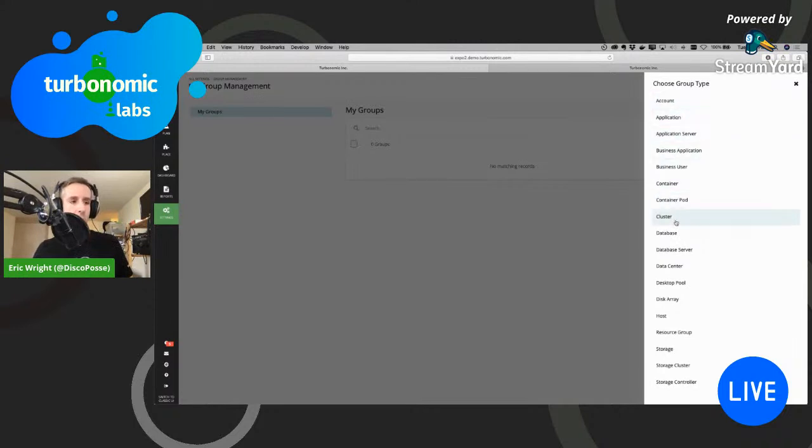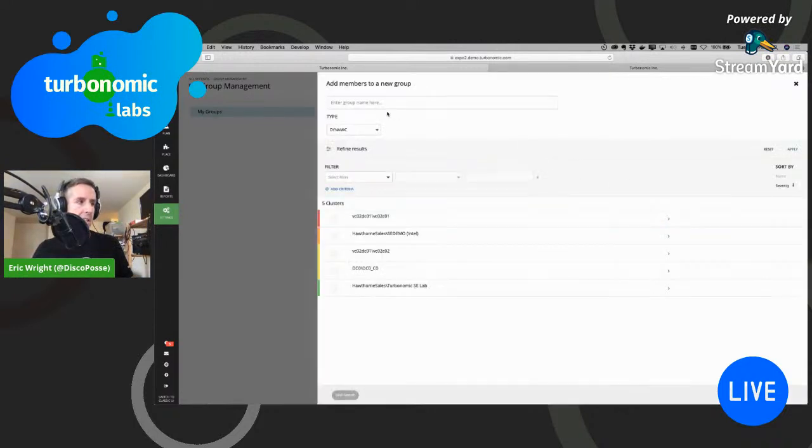So you go through and say what kind of group type. I'm going to say cluster, and I'm going to call it all clusters. You can have it be dynamic, based on names. That means that if a new cluster comes online, it will automatically be added if it meets the criteria. I'm going to be super cheap and just take static here. So I'm going to, you know what? I'm going to glue them all in,